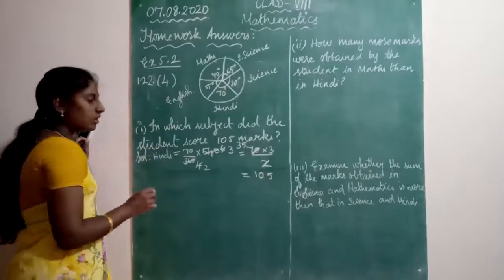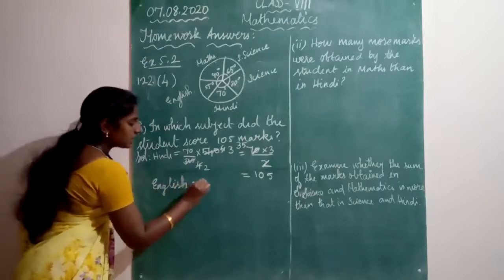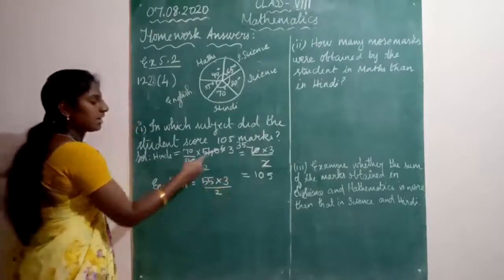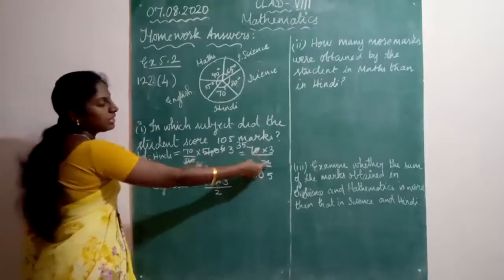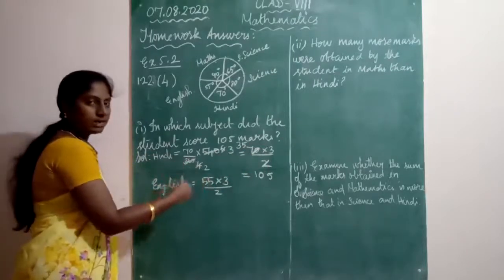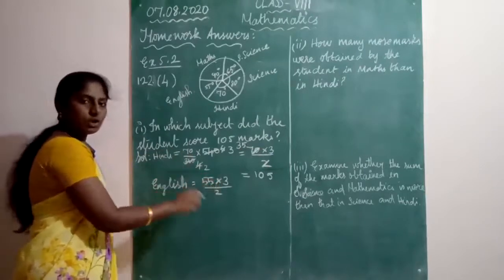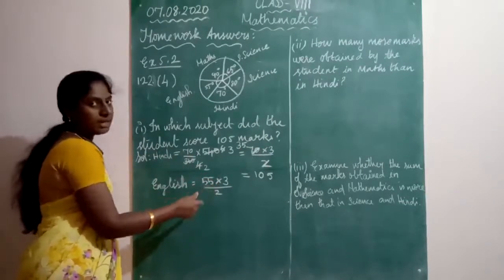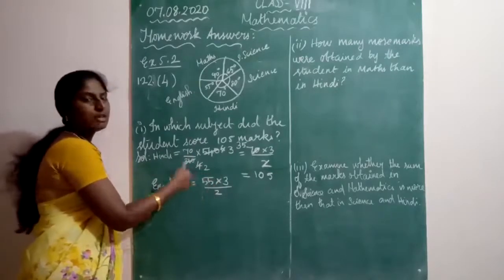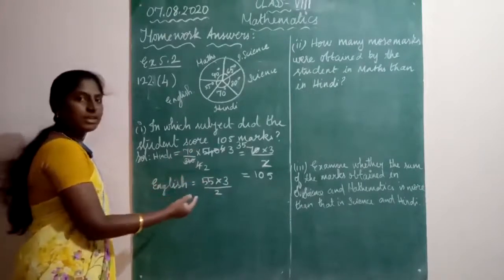Okay, now let us find for English. So this can be written as 55 into 3 by 2. Yes or no? See here, after cancelling 540 and 360, we got 3 by 2 only left out, no? So in the same way we will be having 360 as the denominator for every central angle, and we will be multiplying it with 540 only. So commonly you can take it as into 3 by 2. Instead of writing 55 by 360 into 540 and again cancelling, I am directly writing it as 55 into 3 by 2.